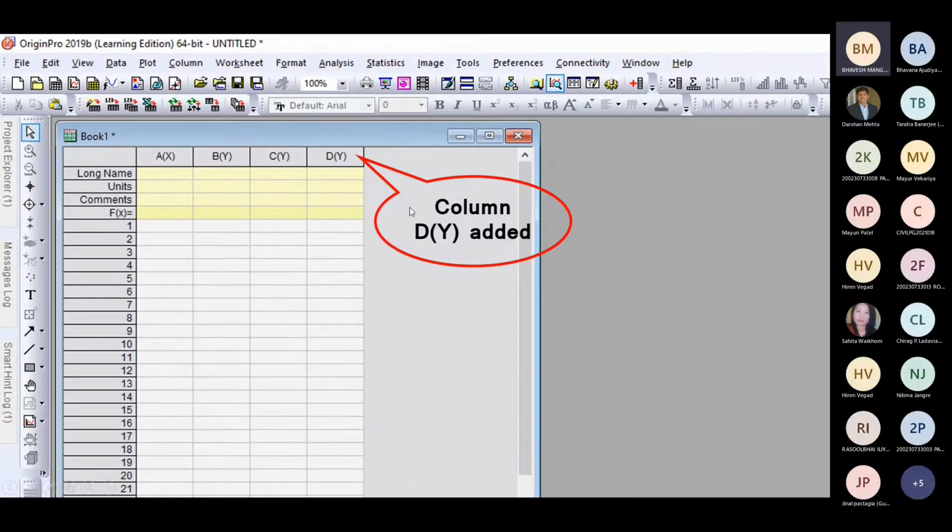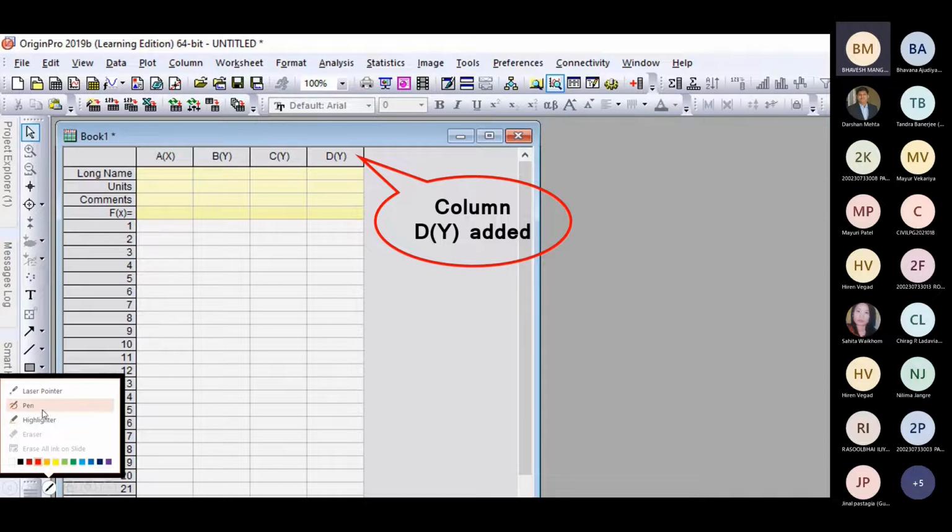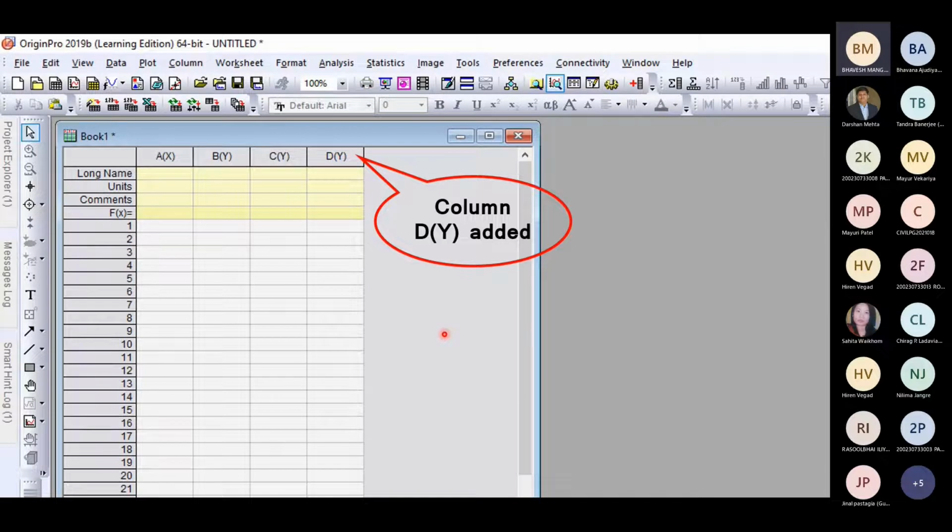So here we can add a column like this. One more column is added in the same way, or you can click here in this area. Let me have the laser pointer. Okay, so in this area, you can right click and you can add a column.